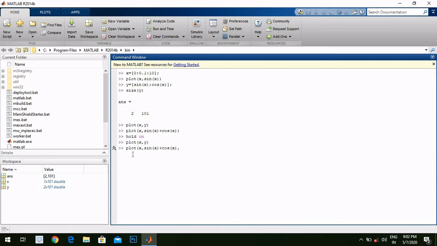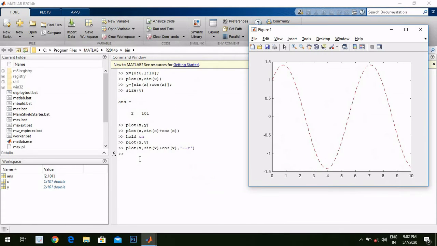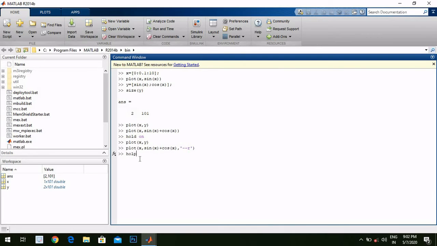But after this I am going to write a quote, and then I am going to indicate this waveform by, let's take a dash dash representation, and let's take r, so it is going to represent red color. Now hitting enter. Okay, we get a dashed line of red color, that is the sin x plus cos x, and inside of this we are also going to write hold on, then after that plot x versus y.